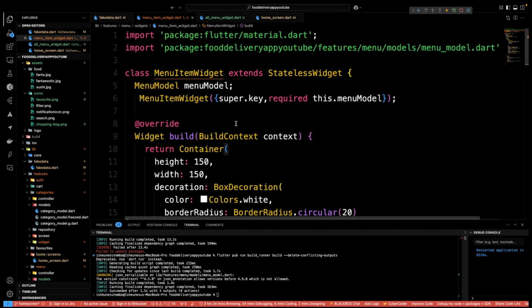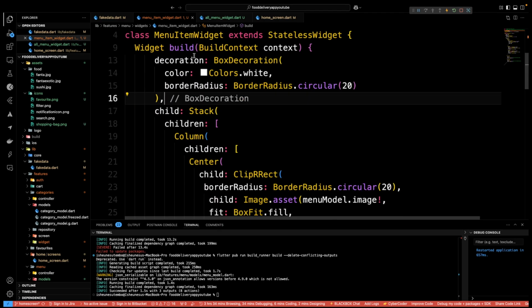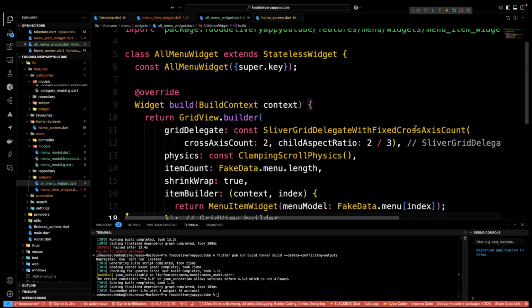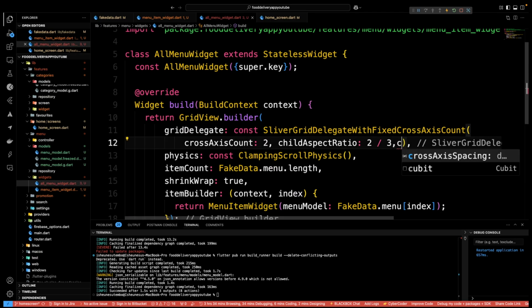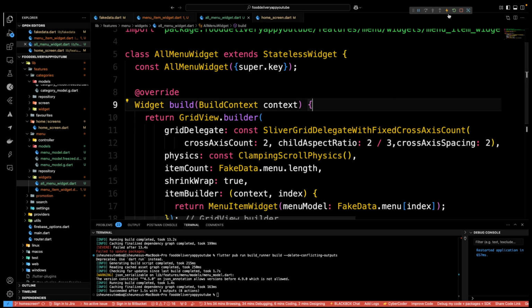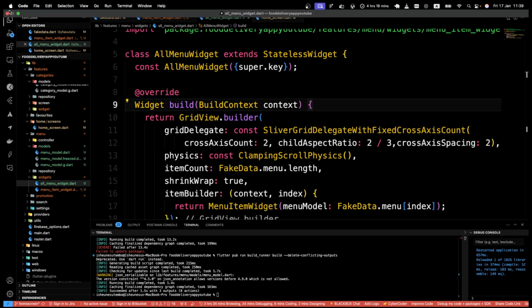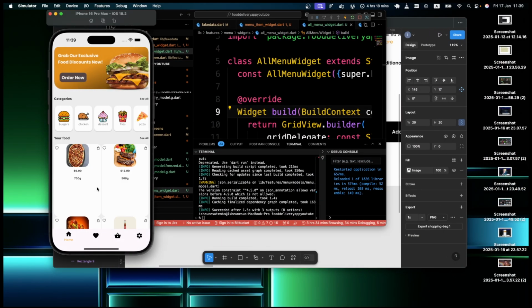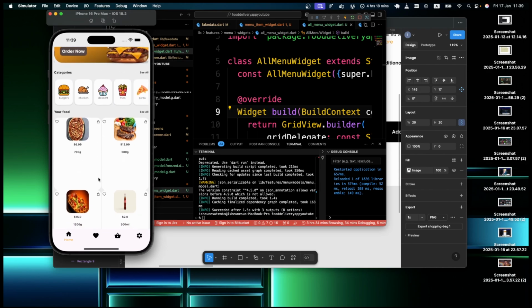So let's go inside our menu item widget, our all menu widget, and inside this cross-axis spacing, if we give it a spacing of 2, let's see if our menu is now appearing. Yes, it's appearing,